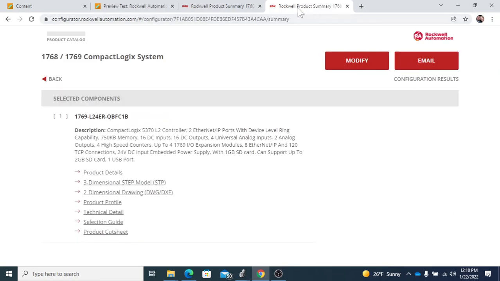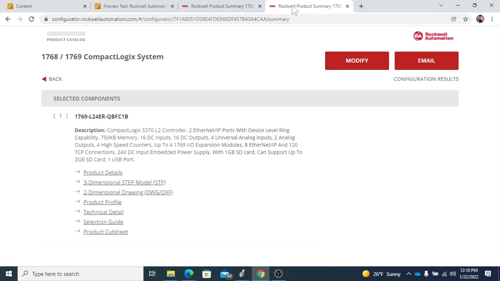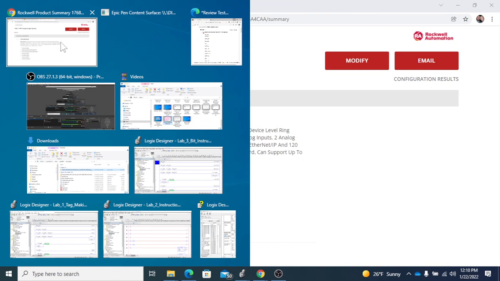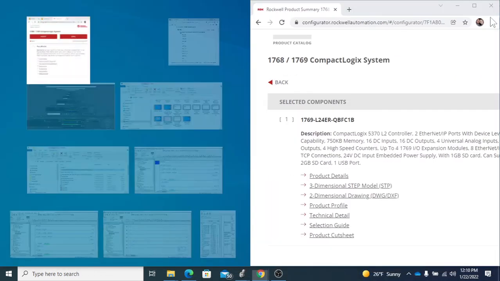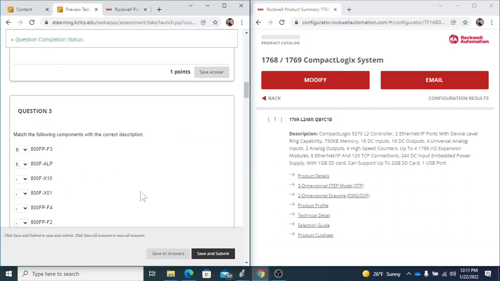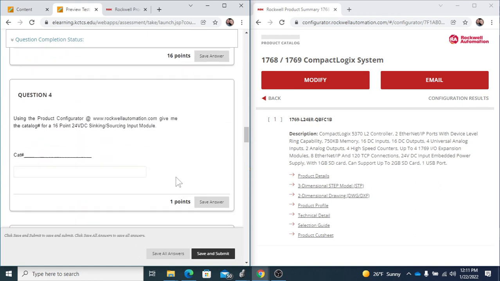Okay, so now if you can see I have two different ones, two different windows up here. So what I'm going to do is click and drag to drag this other one out. Then I want to snap it to each side. Now I should be able to look at both of them side by side. And then based off, okay, if I go down to that question number,